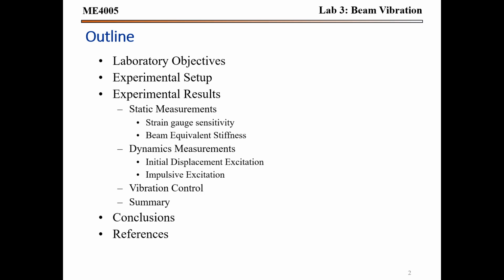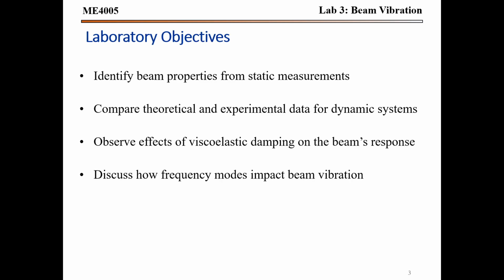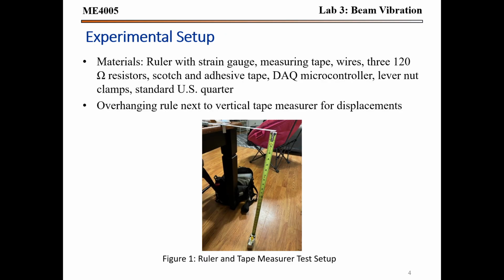lab. The objectives of this lab are to compare the static and dynamic data for a beam, as well as observing the viscoelastic effects that things like tape might have on a beam, as well as seeing how frequency modes might impact beam vibration. To do this, the experiment is set up very similar to Lab 2 in that there is a DAC microcontroller